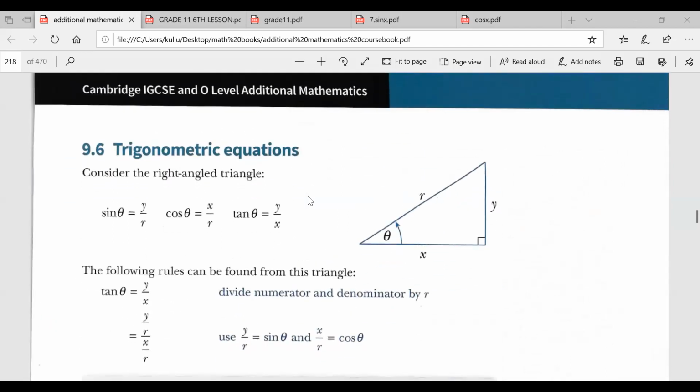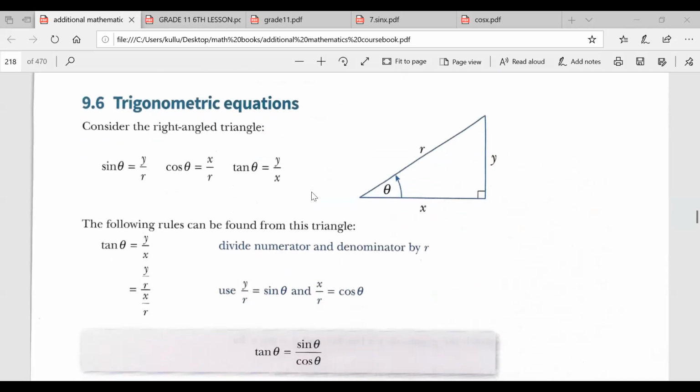Today, let's start trigonometric equations. This time, we will solve equations. We will find the solutions, roots, of sine and cosine functions or tan functions. And when I look at page 208,